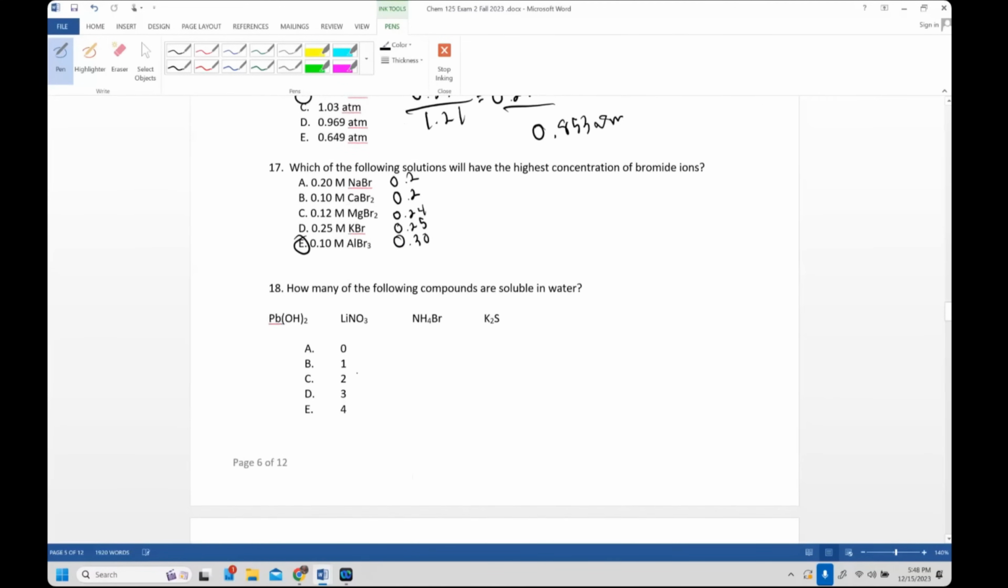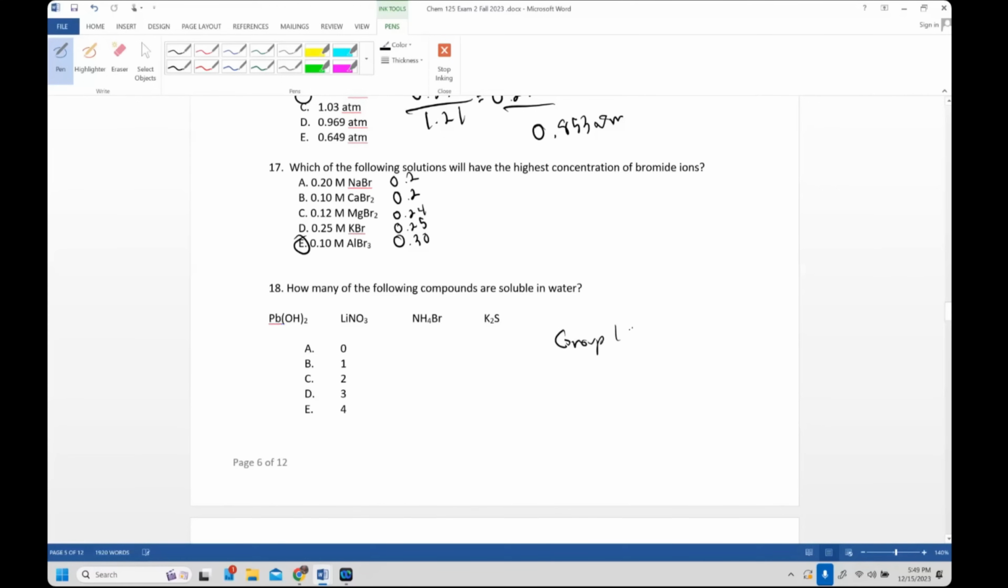Okay. Next, how many of the following compounds are soluble in water? All right, now for those of you who are not in my class, I'm not sure how your instructor taught solubility rules. There's a big chart. It is tough to memorize the big chart, and you probably don't want to memorize the big chart. So an easy way to get around that and to still get probably 90% of the answers right is you remember 3 rules. Rule number 1,